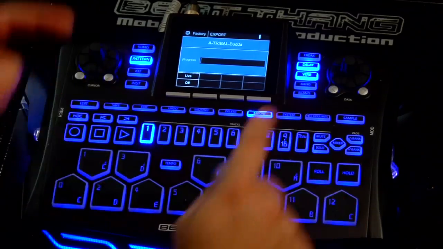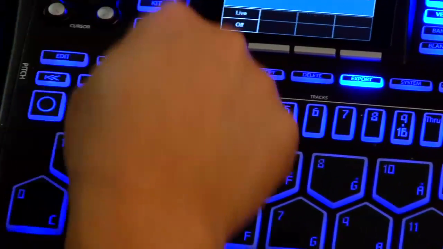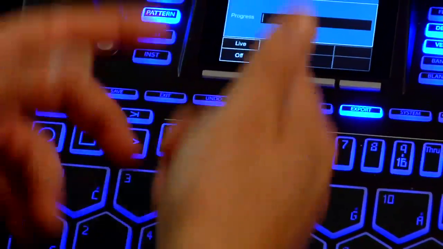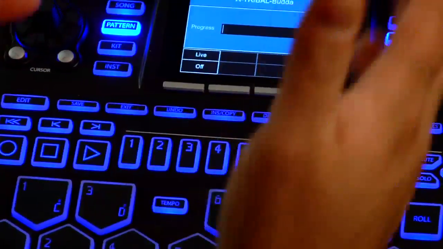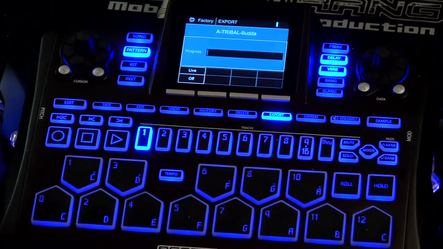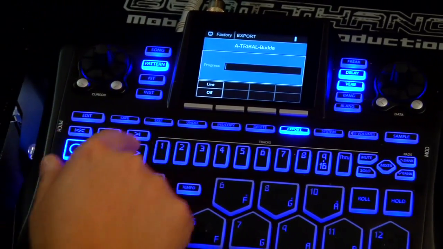So let's say I could solo track one and just spit out the drums, record, play, and it'll spit out just that drum loop, or just the bass line, or just the claps or just the snares, whatever. So I'll show you real quick both ways. Let's say I want to spit out that beat as just the drum beat. I would just solo track one, hit record, play,